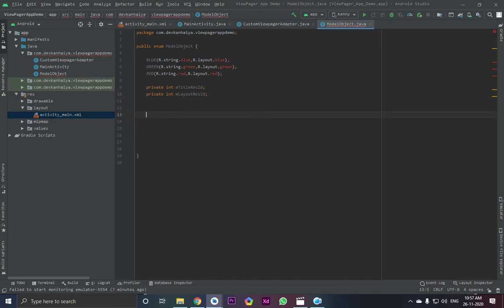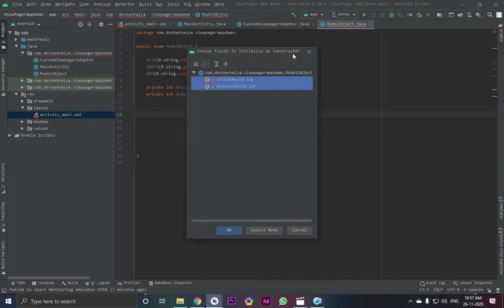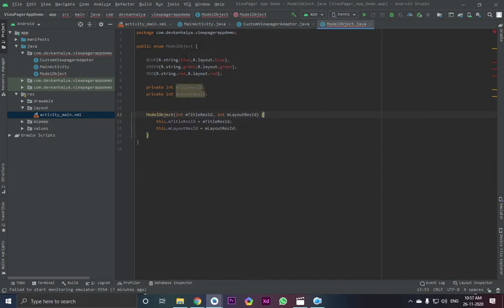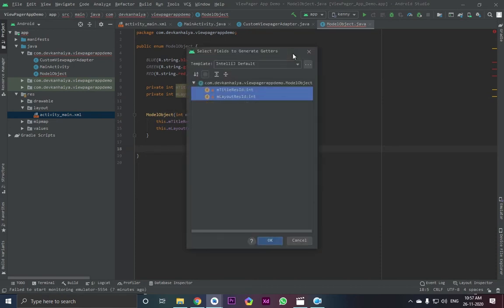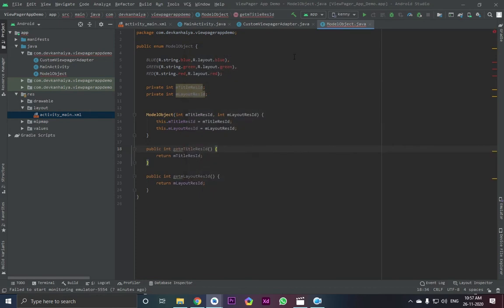Just Alt and Insert, then click and select two of those, and okay. Now the constructor has been created, don't worry about it. Now we need getters. How can you create it? Alt plus Insert, then getters, select two of those, and now this model class has been created.